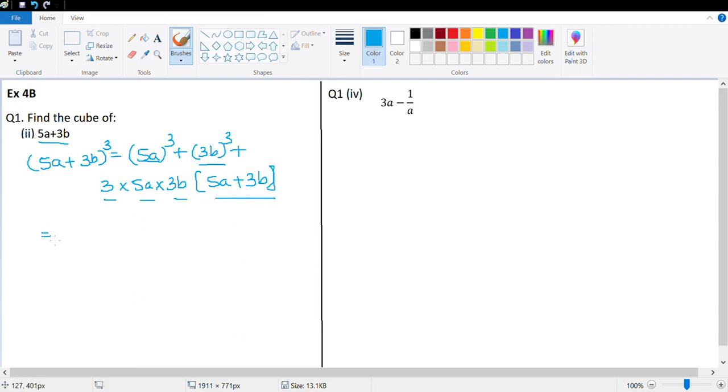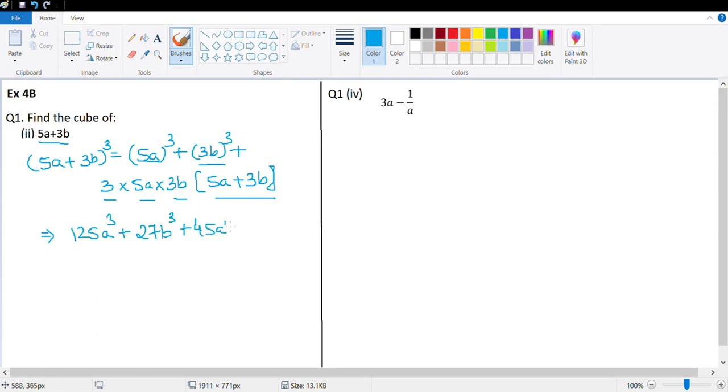So this is 5 cube, that's 125, and a cube, that's a cube, 3b whole cube, that's 3 into 3, 9 into 3, 27, b cube plus 3 into 5, 15, 15 into 3, 45, ab